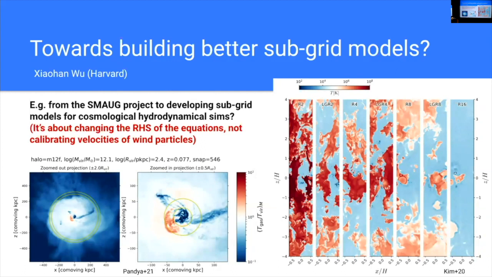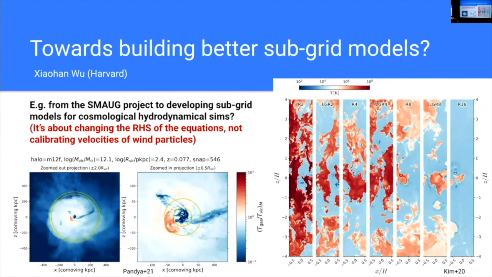So I understand the idea that you can just write an emulator for these things, right? And then if you are able to run a high resolution simulation, you can plug your emulator there. But the problem here is, how would you run the large one? The biggest volume that would resolve your parsec scales as well as your winds or your clouds as well as your big galaxies. That's the hard one, I think.